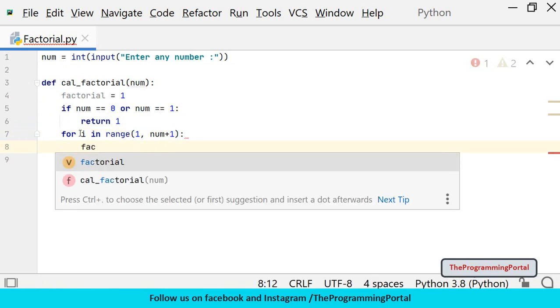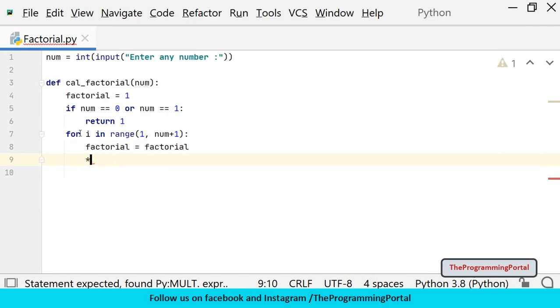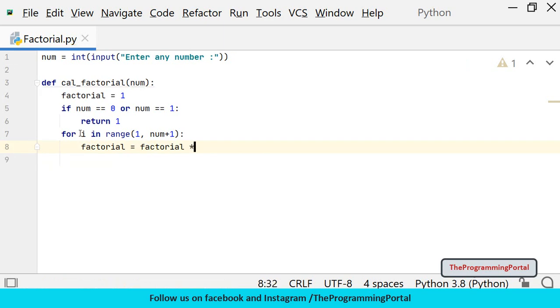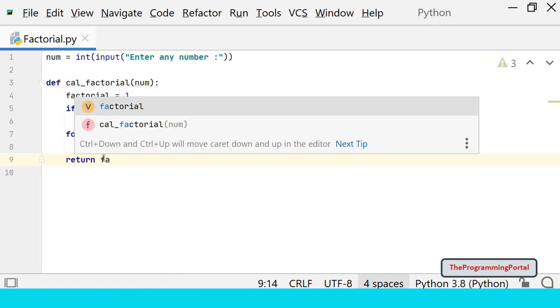So we can write factorial equals to factorial into i. This will multiply all integers from 1 to that particular number. And finally we can return the output. So we can write return factorial.